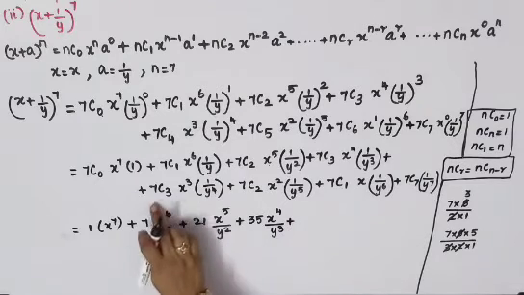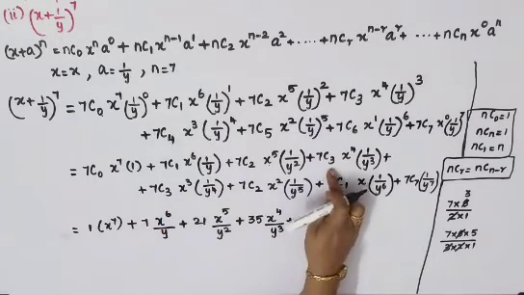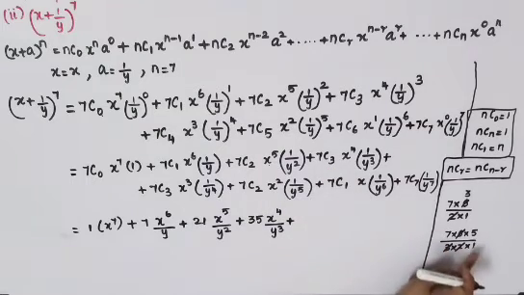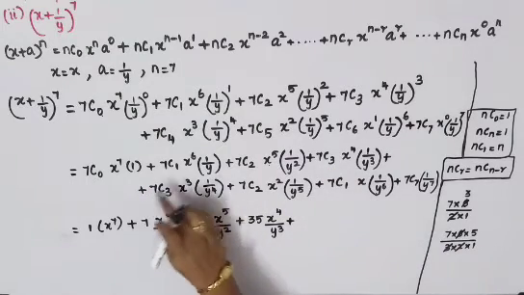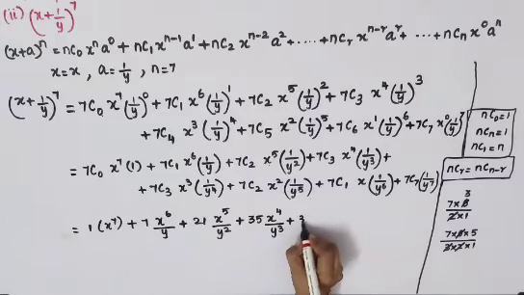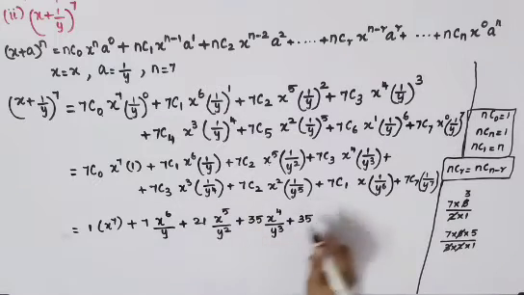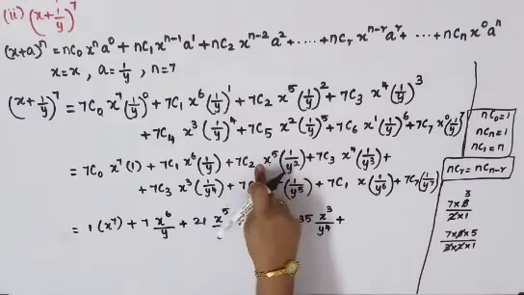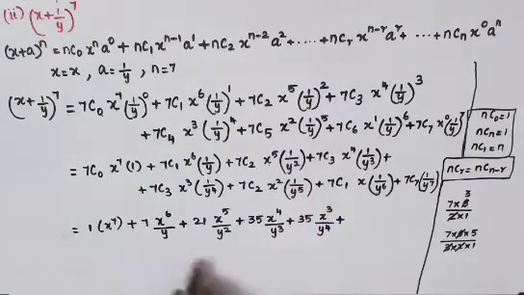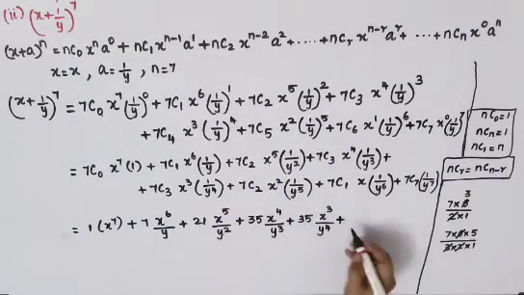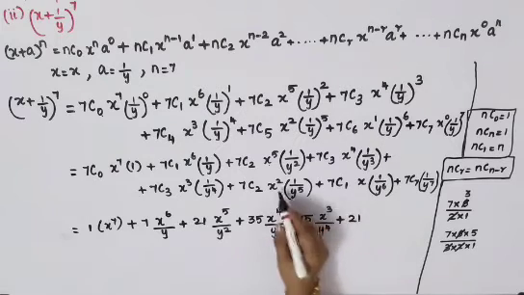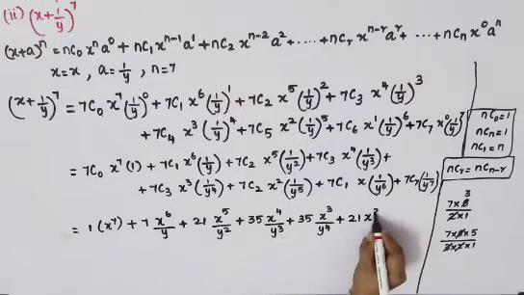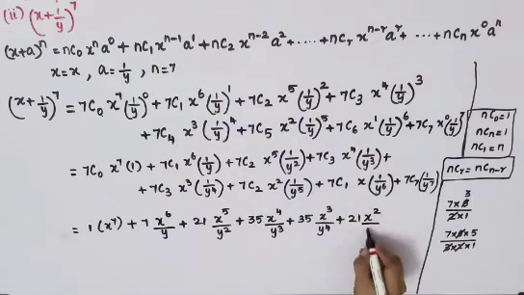Plus again 7c3 only. We have got here it's a 7c3, that value is 35, we got it. So here also again 7c3, so I can replace 35. This is x cube divided by this y power 4. Plus now 7c2, already on top we have got 7c2. The value we have found is 21. So you can write it as 21 x square divided by y power 5.